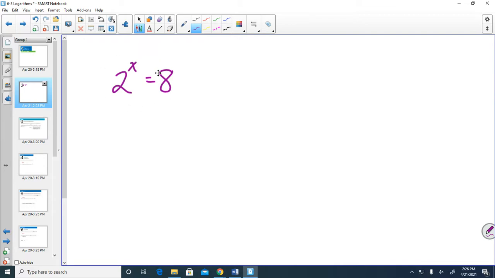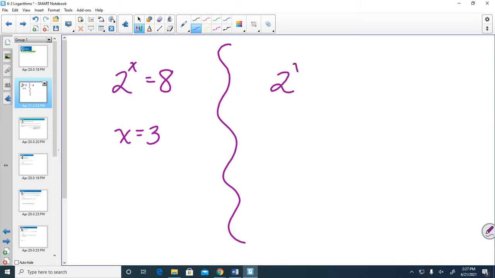Well, I could probably do this in my head and say, I know that 2 to the third power is 8, so x must be 3. So one way I can solve this is in my head. But it changes if I have the equation 2 to the x power equals 15. Then if I try to solve this in my head,